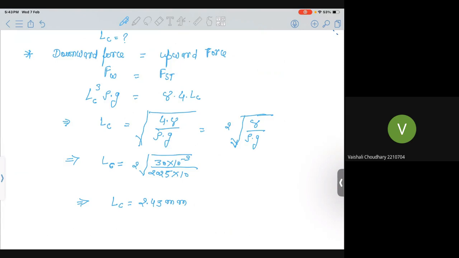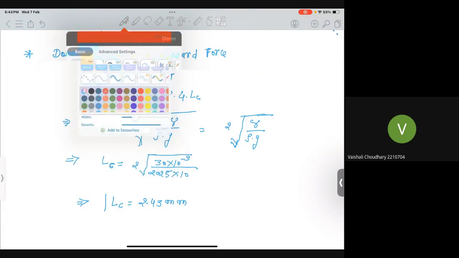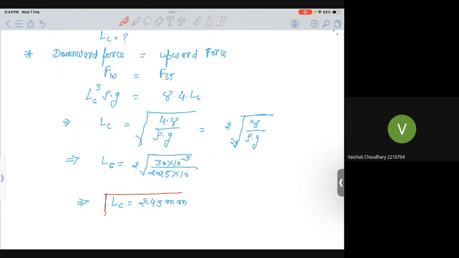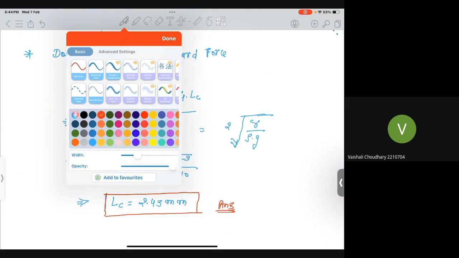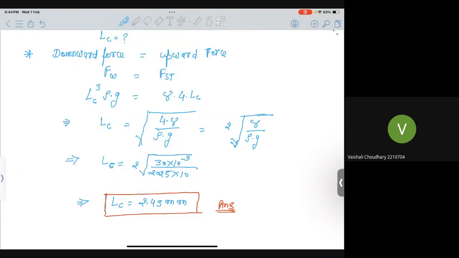If you solve this, you will get a critical length of 2.43 mm. Because if you reduce the length below this 2.43 mm, then the surface tension force dominates the downward force. Okay,